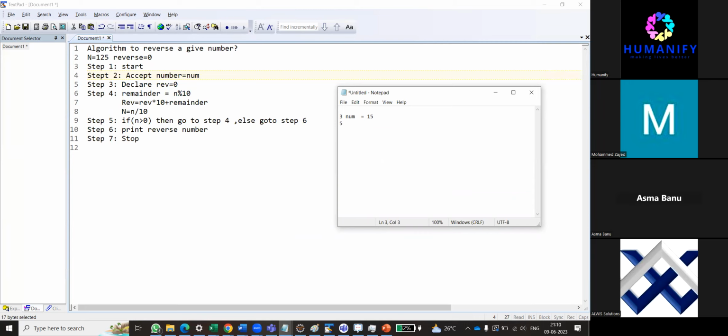See, don't get confused with line number and step number, or else I'll write step number only. So in step number 2, I'm accepting a number. In step number 3, I'm declaring a variable called reverse, and this value is 0. And step number 4,